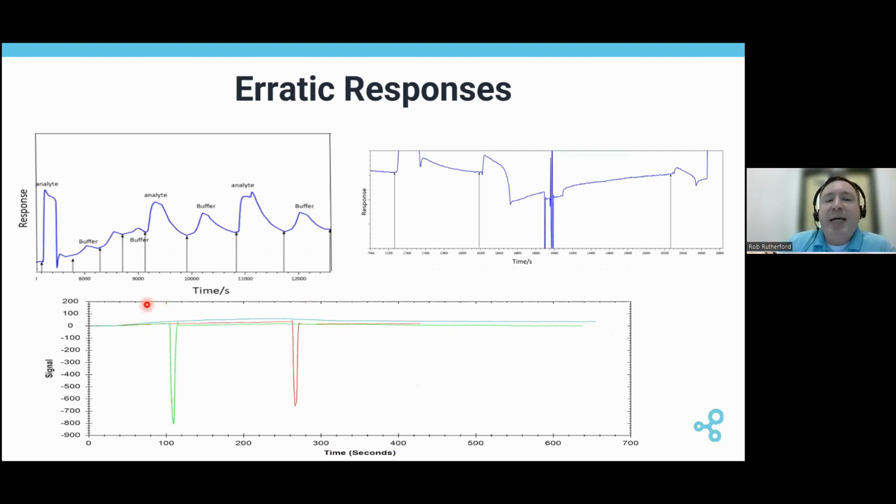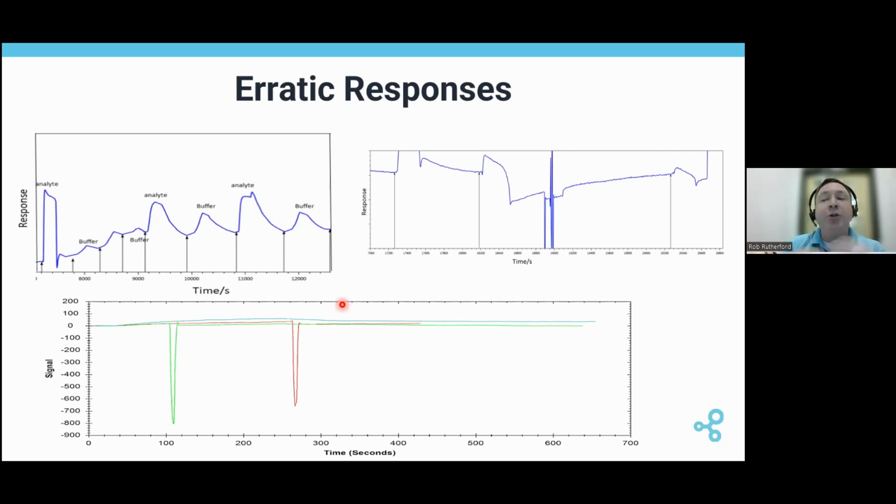If you're running a test and you notice some erratic responses, whether those are really quick air bubbles that are passing through, or a drift in the baseline, either up or down, what these can indicate is that there's some potential residue from previous tests in the fluidic lines that is causing problems with your current test. So if you notice a really drifty baseline or really erratic responses, what I would recommend doing is cleaning the